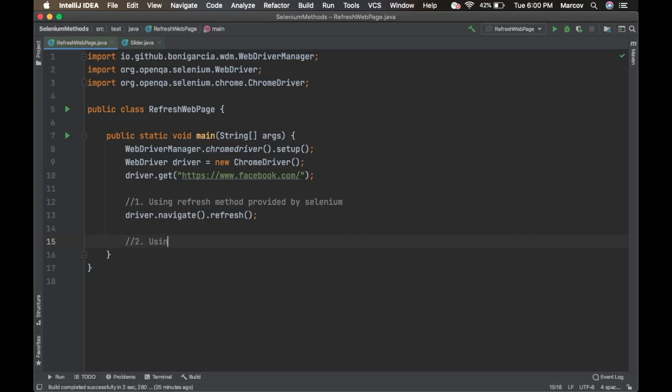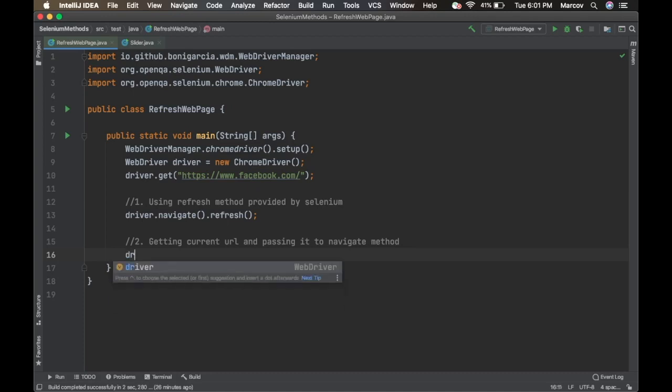So using the current URL, or you can say getting the current URL and passing it to my navigate method. In this, you have to use the Selenium methods only.